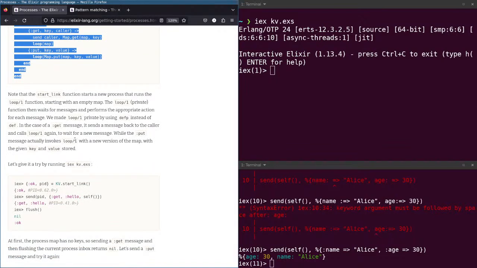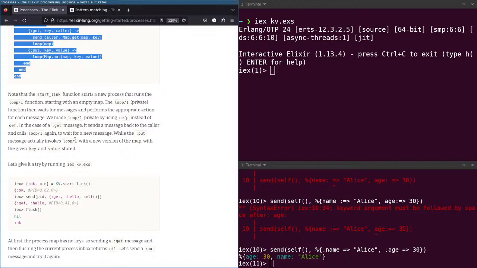In order, the start link function starts the new process and runs the loop function, which starts with an empty map. The loop provides the loop private function that waits for messages and performs the appropriate action for each message. We made loop private by using def-p instead of def.